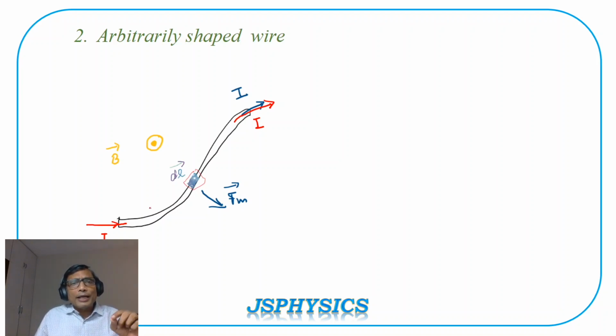We assume that the entire conductor is made up of small elements, each of length dl. This is one such element of length dl we have taken here. Now this conductor is kept in the uniform magnetic field B. So we have shown that by a dot symbol here. Dot indicates the field is coming out of the plane of the paper. This indicates uniform field. So magnetic field B is coming out of the plane of the paper. Current is moving in the upward direction like this.